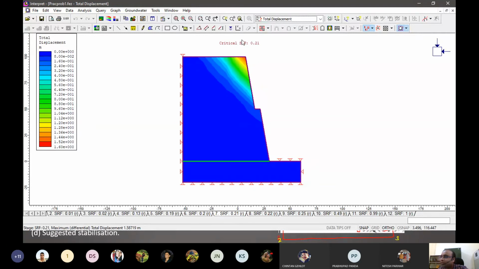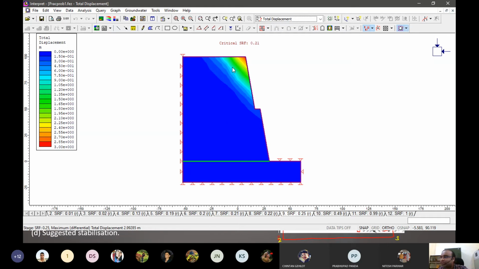So which one is correct? The version we are seeing right now is giving us the possibility of local failure as well. In the limit equilibrium method, what we were seeing was the possibility of only circular failures.